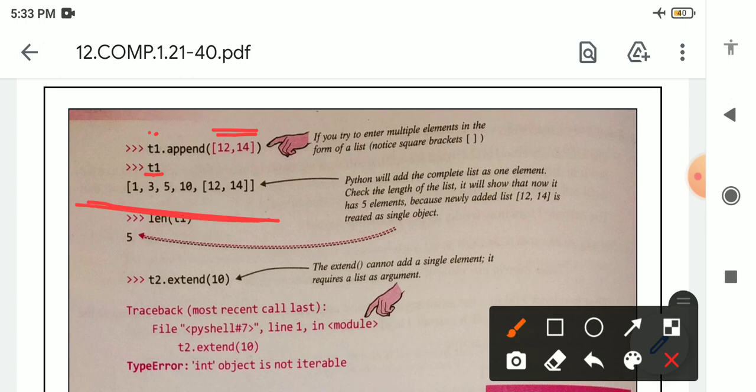When we find the length of this list using the length function, with T1 inside its parentheses, we get 5, because the inner list is counted as one single element.